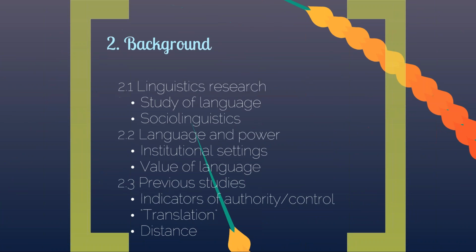I'll talk briefly about the previous studies, because that's where they really set the groundwork up for us to understand how this power can be demonstrated by lawyers when they're speaking with their clients. There haven't been many studies in this area. As you can imagine, the content of discussions between lawyers and clients is often sensitive, and of course legal professional privilege is an issue as well. So there really haven't been many studies around the world using this sort of data.